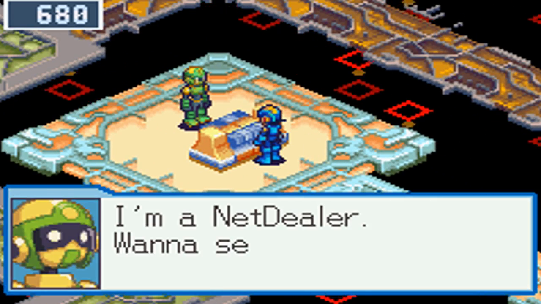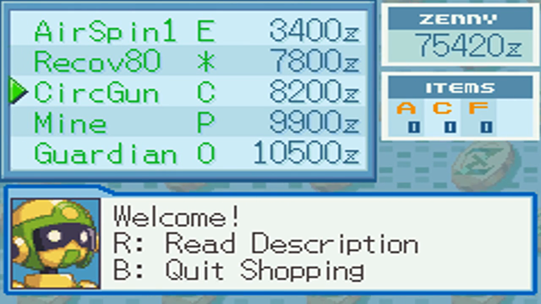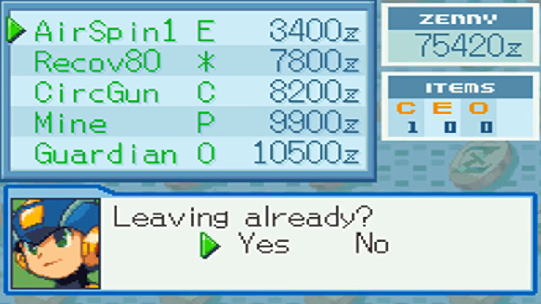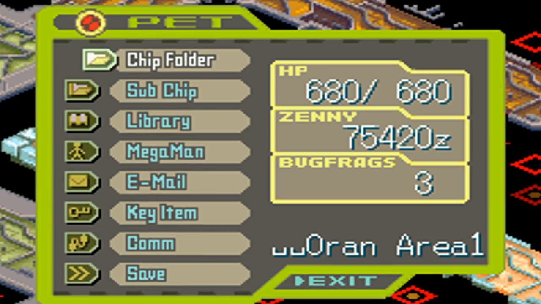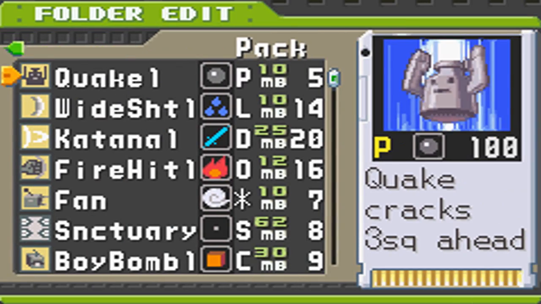Alright, so what's up? I'm a net dealer. Yeah, what do you got, bro? Oh, okay. What I believe happened is actually we already did buy all of these off of this guy, so that's good. So that was kind of a superfluous trip, but that guy also has stuff you could use, you know. Now, I want to check something in my...